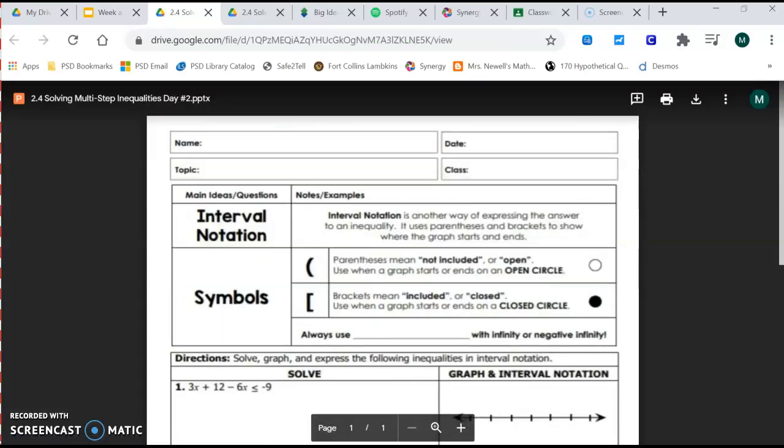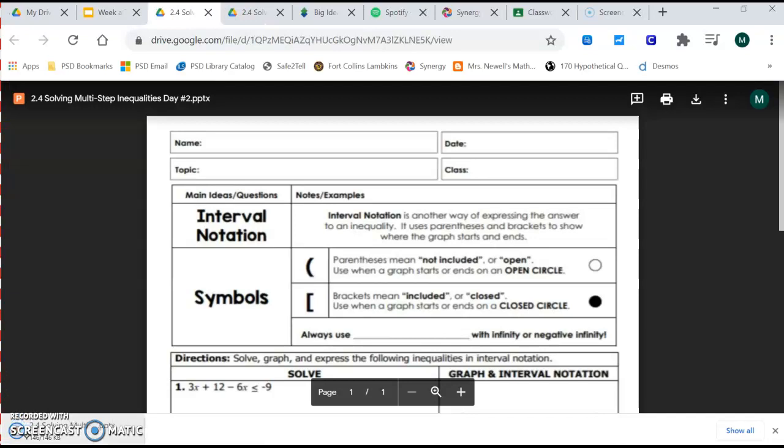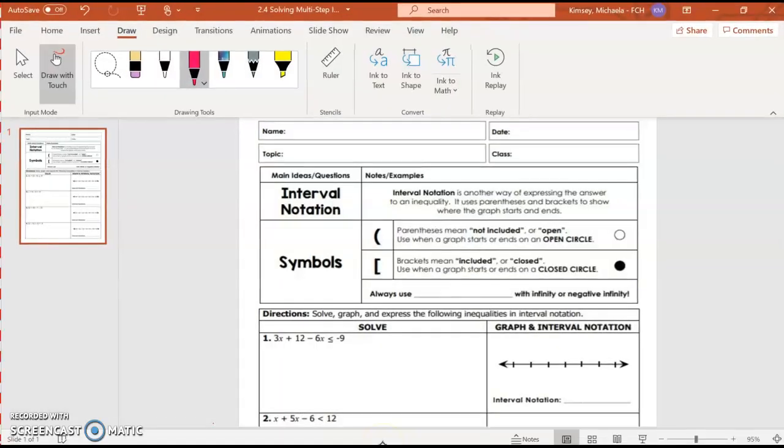If you print it, I would recommend always downloading it, which you can do by pressing this little drop-down arrow in the upper right-hand corner. Do this if you're going to print it. Okay, so let's go over these notes really quick, and then you can start on the review and then take your quiz. All right, so the new thing for today is just interval